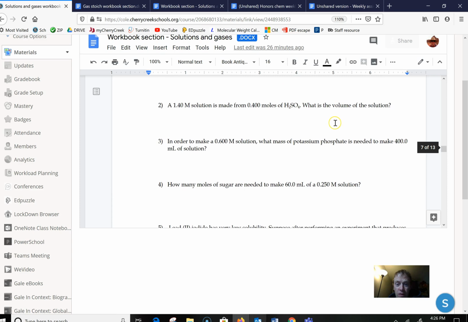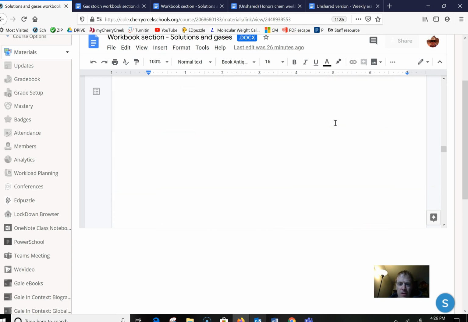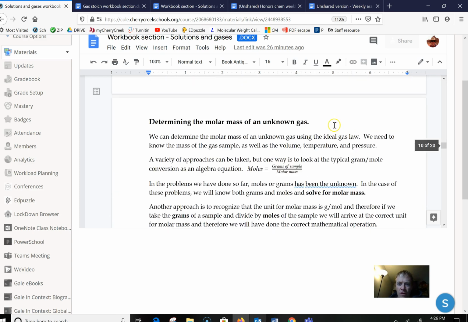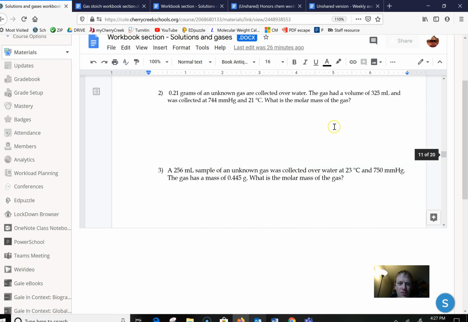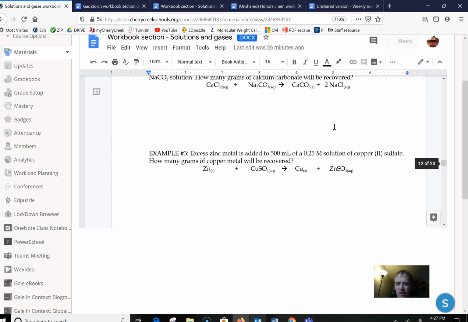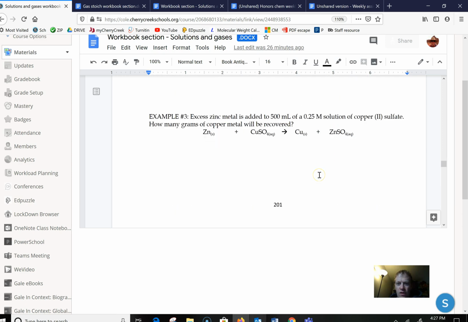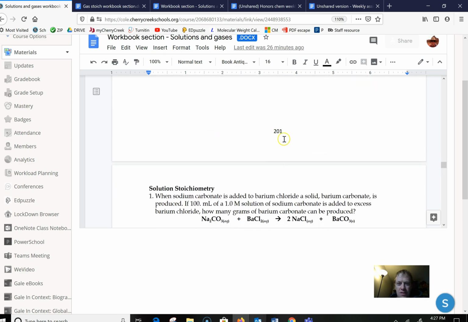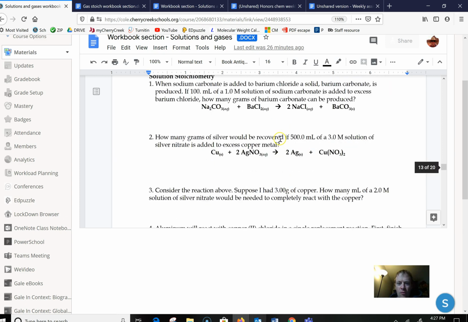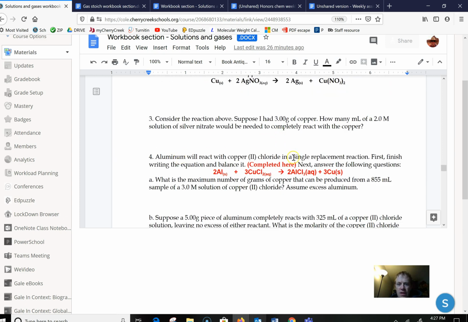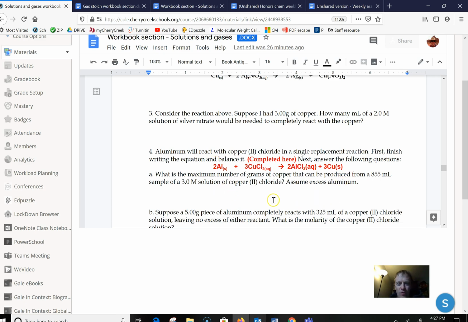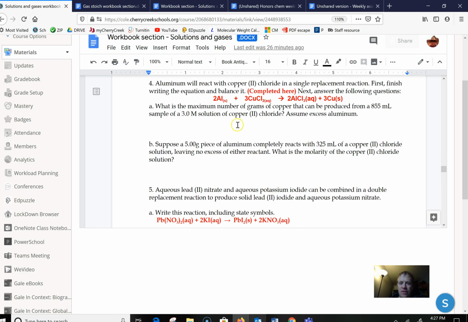And another thing that I really want to point out is I've offered some help with some of the problems. So even if you have your paper copy, you might want to take a look at this. So these pages right here, so 201, hopefully that's the same page you have on your paper copy. But in some cases in red here, we were a little more strenuous about writing reactions in previous years of this class.